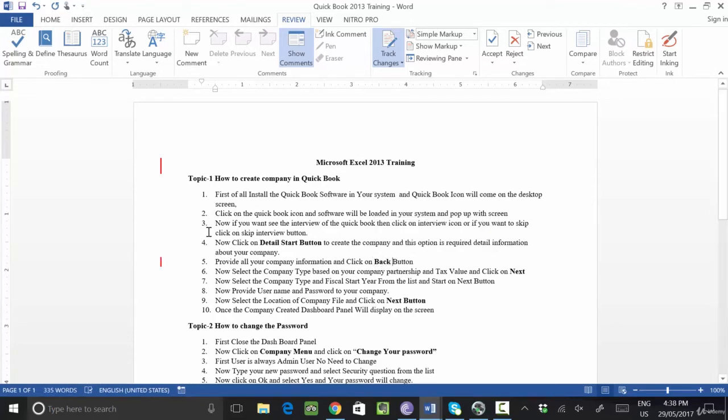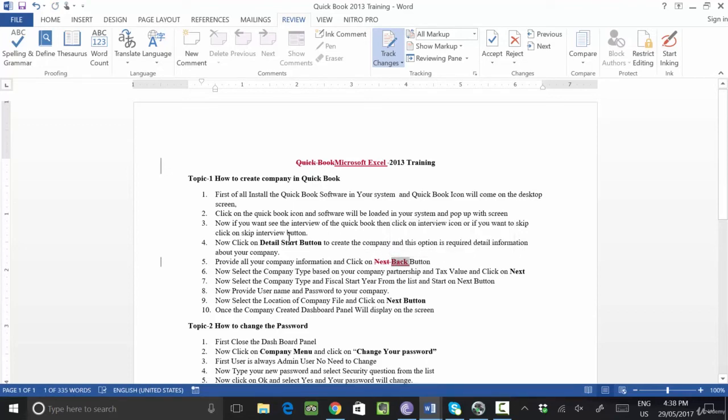So now you will see when I make some changes in my document, a red colored line appears, right? So what does it reflect? It reflects that these changes are done. Earlier the word mentioned here was QuickBook, but you have changed it from QuickBook to Microsoft Excel. Previously the next button was mentioned, and now you have changed next to the back keyword. Is it clear? So this kind of changes are shown in your system.